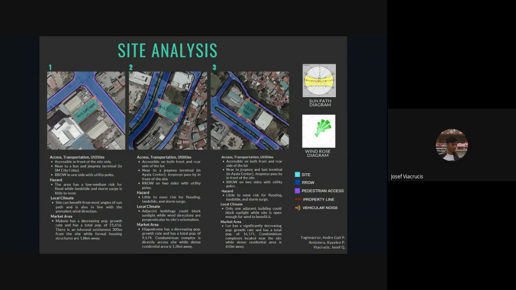For local climate, site 1 can mostly benefit from the sun and wind. Site 2 has 2 adjacent buildings that could block sunlight into the site, and the orientation of its site is perpendicular to the prevalent wind direction. So wind might be